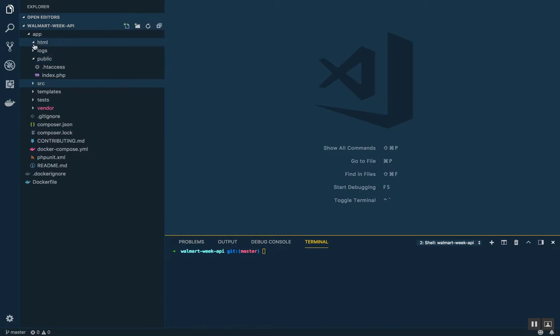So SLIM generated a lot of folders, and there's a lot of PHP in here and a few other miscellaneous files, but really the core extra 10% that I had to do on top of the skeleton project was